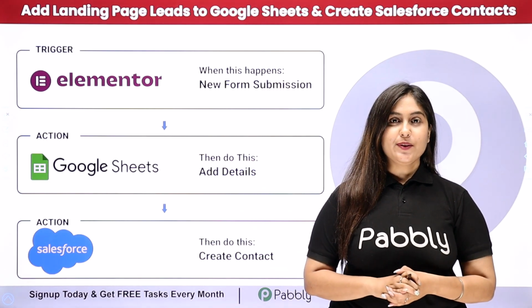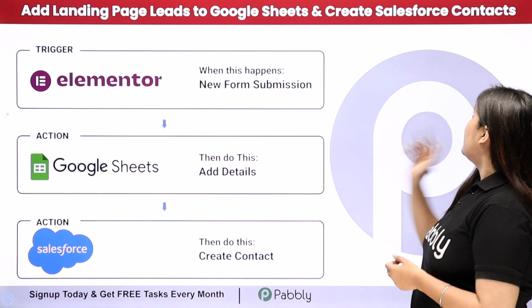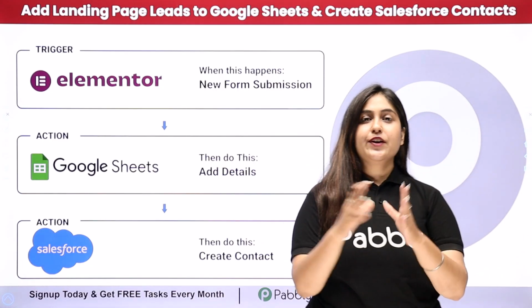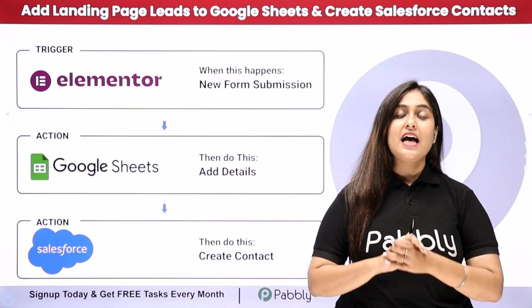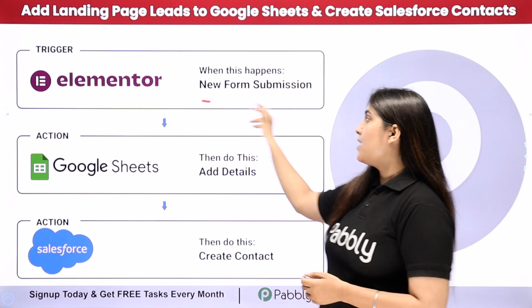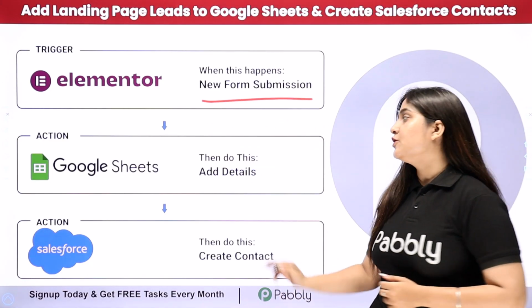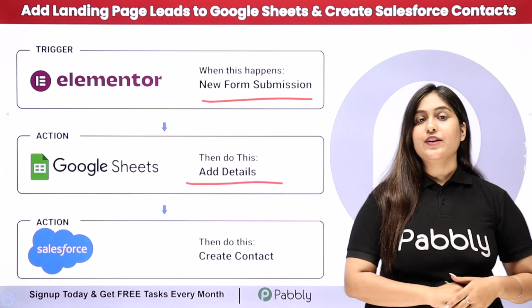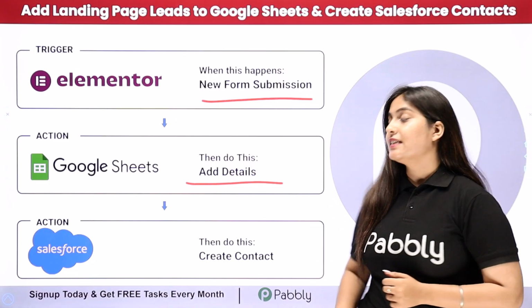In this video, we are going to understand how to add landing page leads to Google Sheets and create Salesforce contacts. I've created a landing page form using Elementor form, and my objective is that as soon as I receive a new form submission, that lead detail should automatically be added to my Google Sheets as a new row. And after adding the details, that lead should automatically be created as a new contact in my